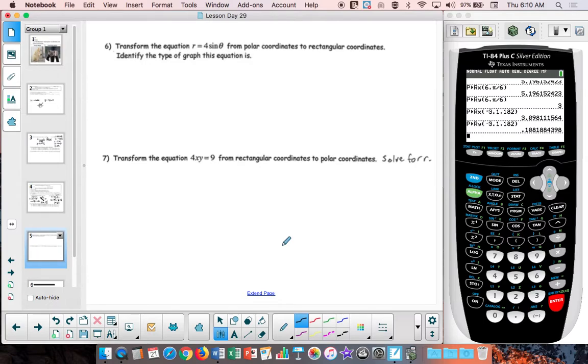All right, transforming an equation. Now we're getting a little trickier. Transforming an equation from polar coordinates to rectangular coordinates. Basically, when we have equations using theta and r versus equations with x and y. And all we need to know is that y equals r sine theta, x equals r cosine theta. Using this information, we should be able to convert an equation that's using polar coordinates, polar variables, and turn it into rectangular variables. And then we're going to